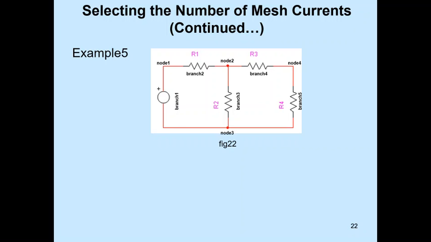So now I am taking another example. It's the easiest example. By seeing this, we can easily tell that there are 2 meshes. In this, branch 1 is the voltage source, branch 2 is R1, branch 3 is R2, branch 4 is R3, and branch 5 is R4. So here only 2 mesh equations are possible. 1, 2, 3, 4, 5 branches are there, and